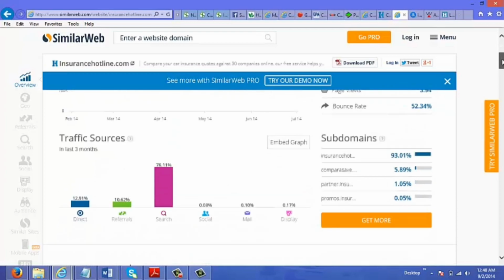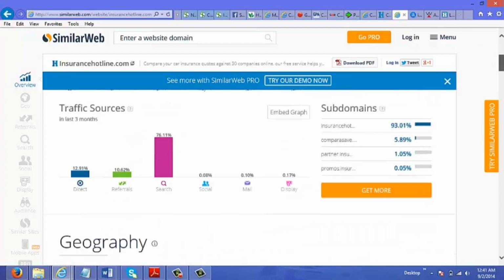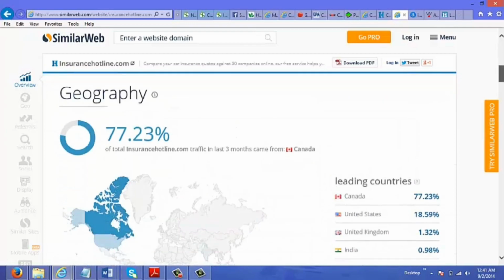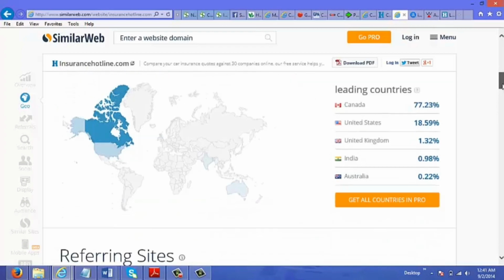There's lots of information here. You get their traffic sources, you get an idea of how many visits are getting to their site, the geography. Now, for this website, you could see that the majority of the people coming to the site are from Canada because this site is probably targeted towards Canadians. Okay,